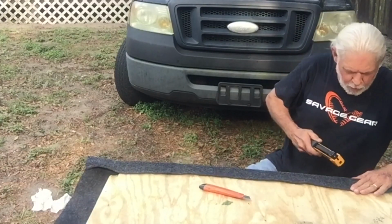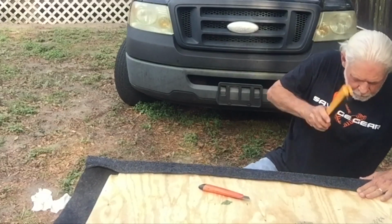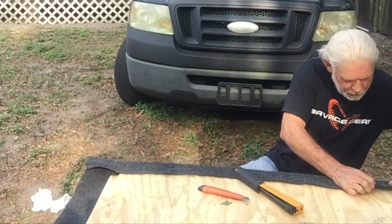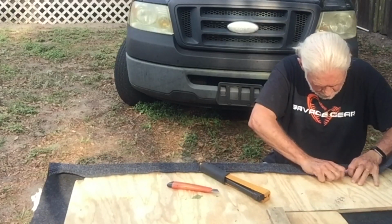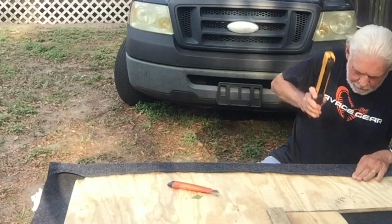So what we're going to do is just go along, pull that tight again, stapling, pulling it tight, going along stapling,